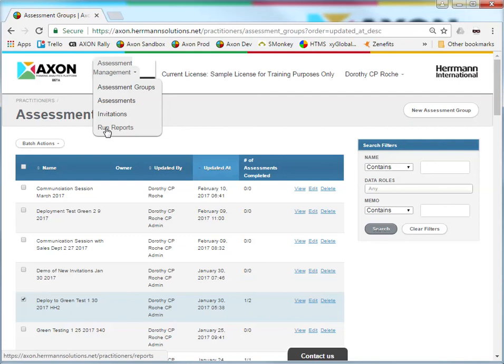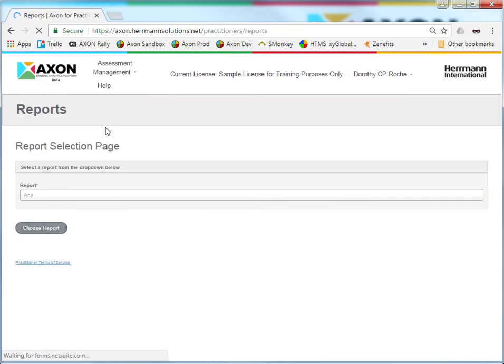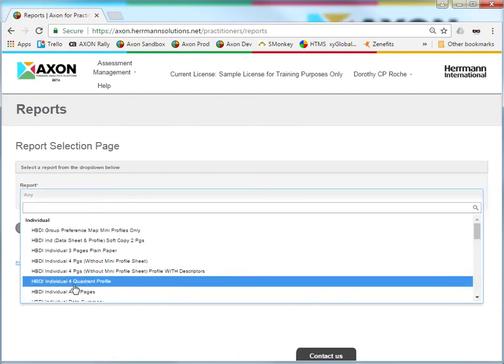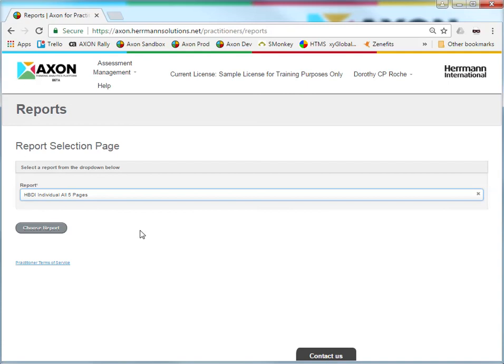Lastly, we're going to look at run reports. So this is a way for you to kind of jump straight into running a report instead of going to find the assessment or the assessment group. You can start with the report and say, I want to run an individual 5 pages report for an HPDI. So I'm going to choose that report,